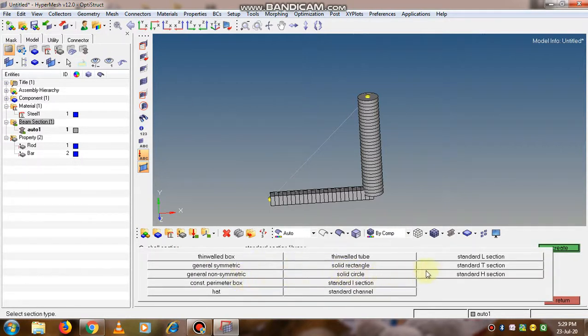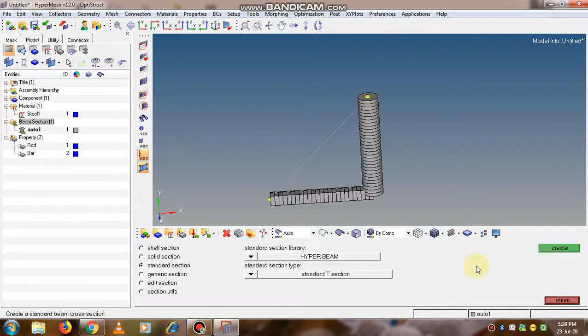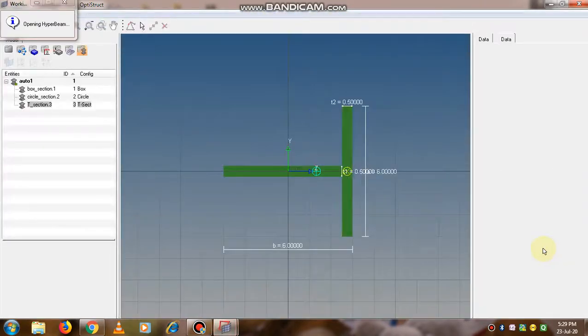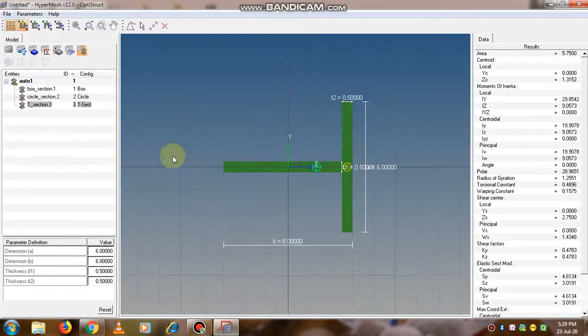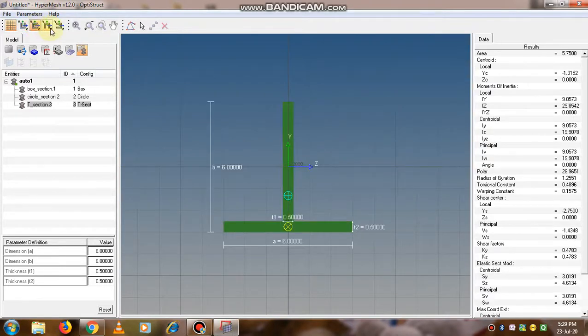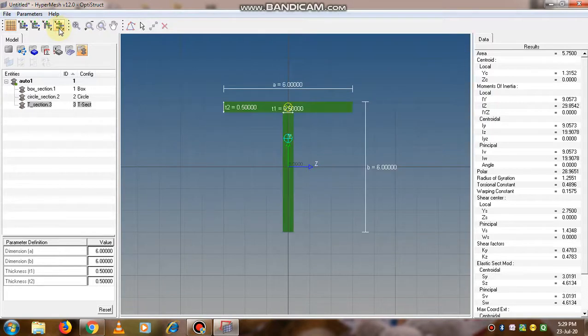Suppose standard T section I have selected, and create it. Now the orientation of T section we can modify here. Okay, so I have modified it in this way. And to save it, go to the option that is model view.